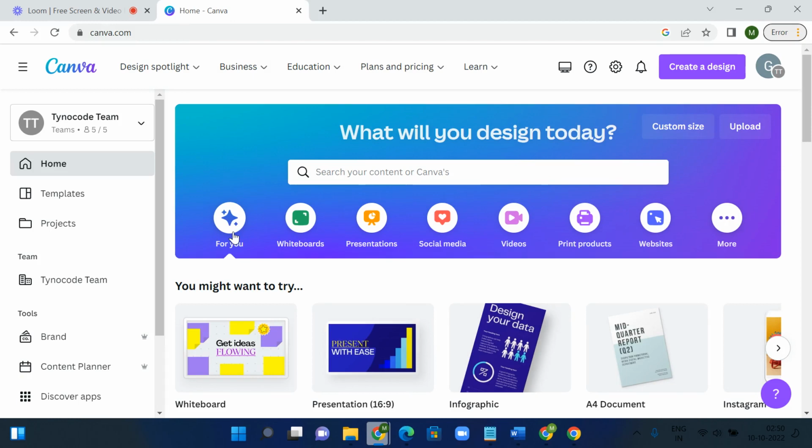So basically Canva is a designing platform which is used to design something from scratch, or we can use several templates which are available over here. This is used to design any post like Instagram or Facebook post, or also this is used to design any video. So as I'm already logged in, as we can see there is an option for create a design, which